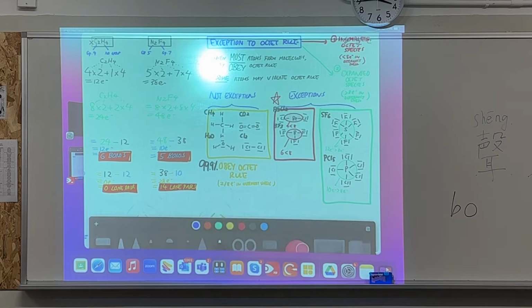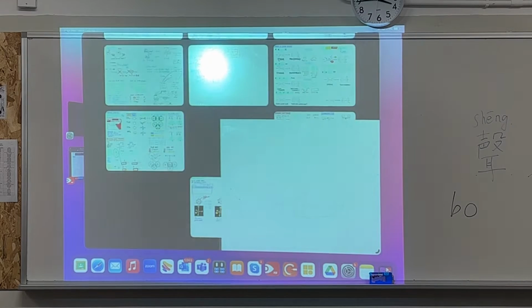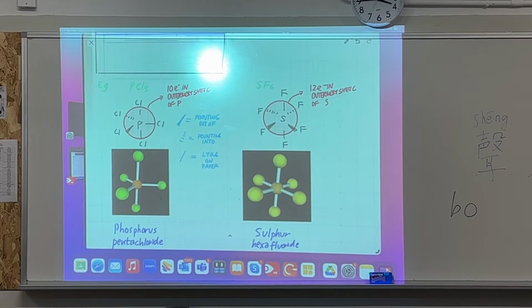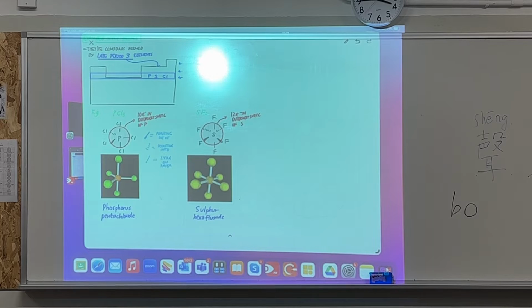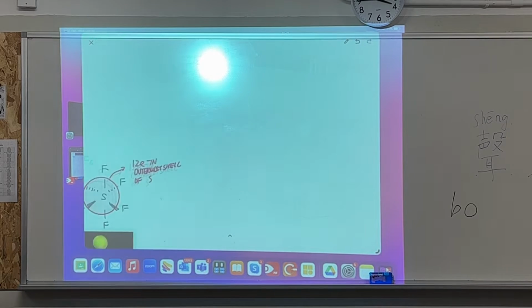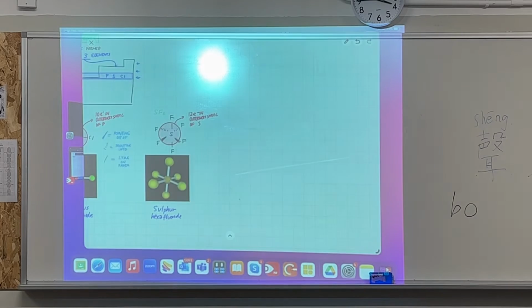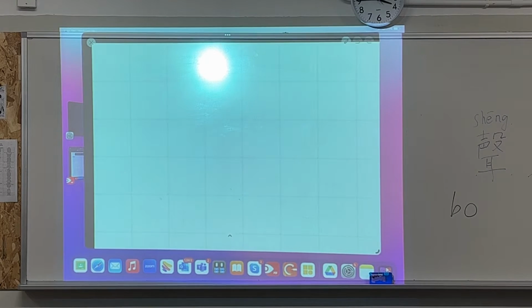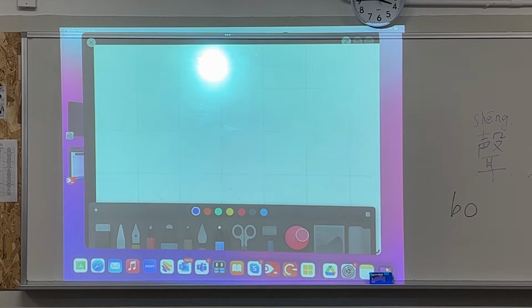The next thing we'll turn to is, after we learn that PCl5 and SF6 are species that violate the octet rule, we need to introduce a new concept. It's called the VSEPR theory, which we can use to predict the shape of molecules. So let me put this on a new page. How do we describe the shape of molecules? When we draw H2O, let me put down the title here first. Predicting the